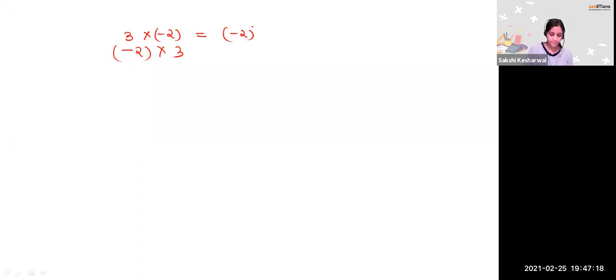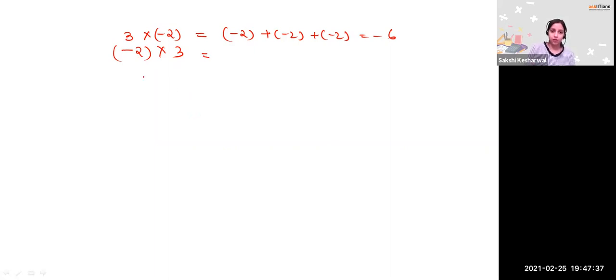Yeah. It will be what, beta? Minus 2 plus minus 2, which is equal to what, beta? Minus 6. Now, I wrote minus 2 into 3. Just give a close observation. Can I write this as